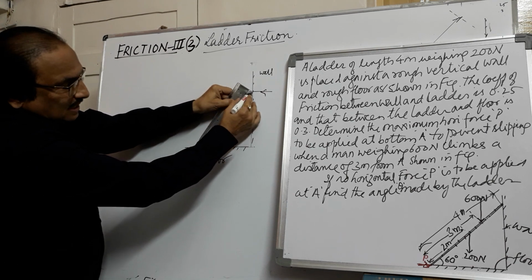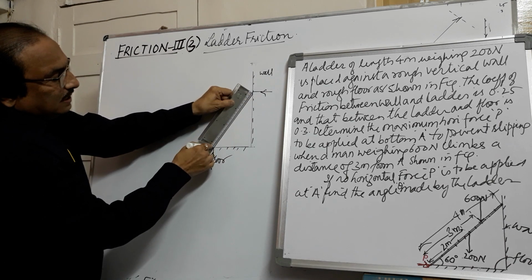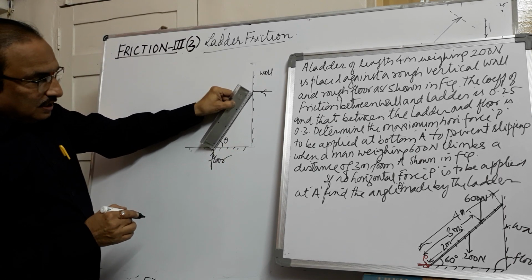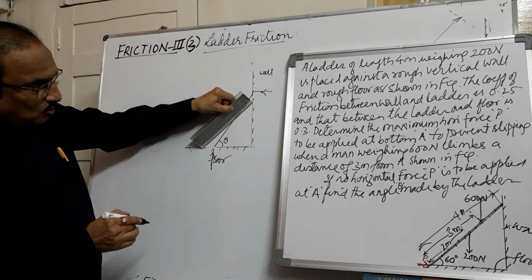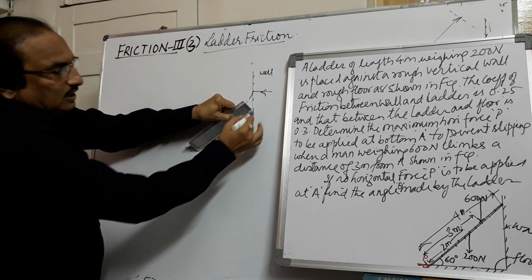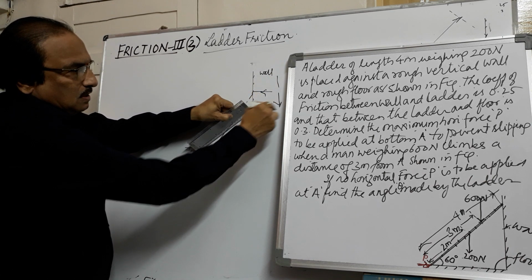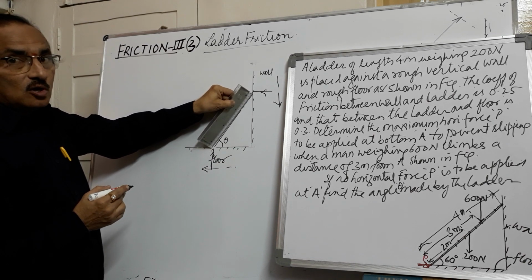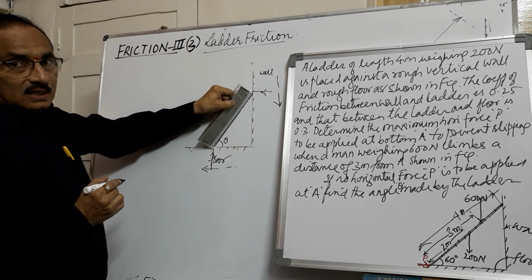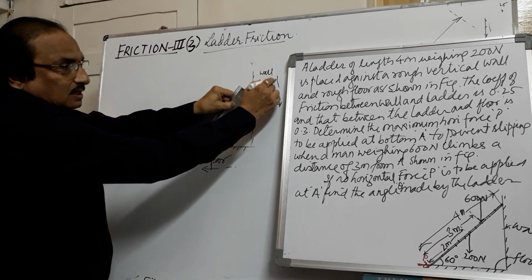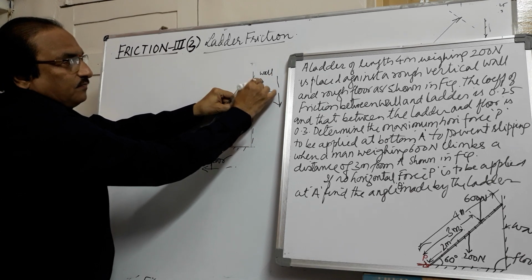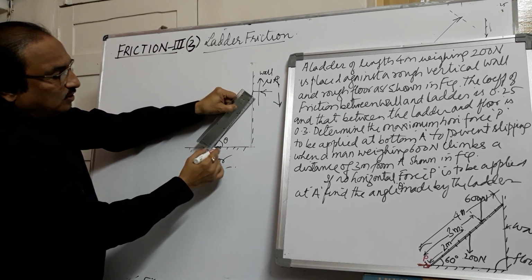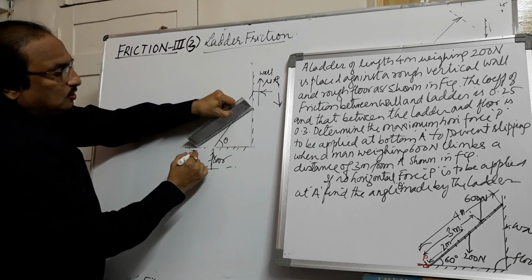Now here this ladder, if I draw the line, is making an angle theta. Now it starts slipping down like this. See how it is slipping down. With the wall it is coming down, and with the floor it is going away. So we know the force of friction always acts in the direction opposite to the motion. So here it is moving down, so the force of friction at the wall will be mu R. Here at the floor, it is moving away from the wall, so the force of friction will